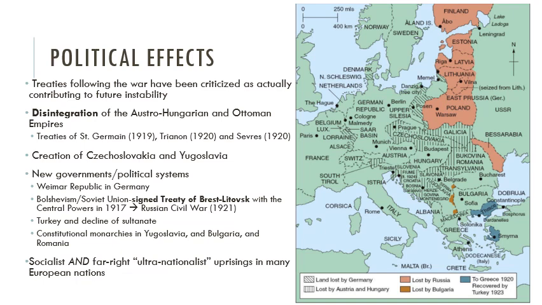So political effects are probably the ones that are most involved. So the first thing is the treaties following the war have generally been criticized for actually contributing to future instability. You'll see that as we do the Treaty of Versailles negotiation activity and look more into the actual Treaty of Versailles. But there were multiple different treaties